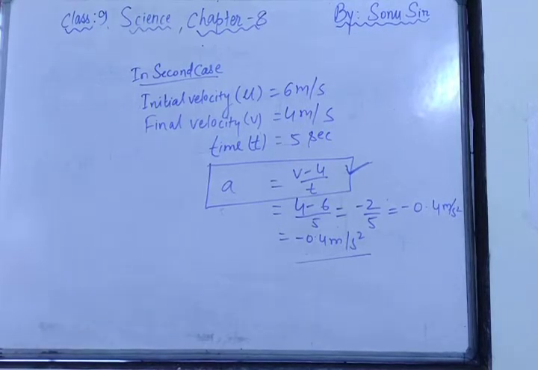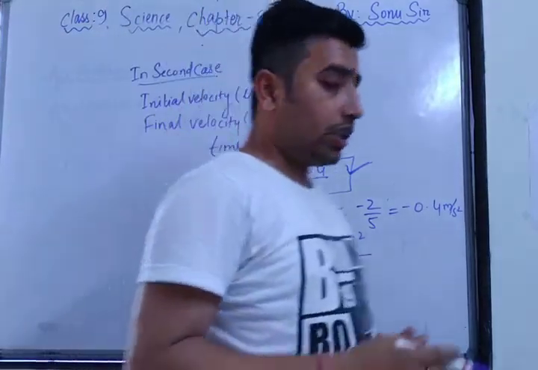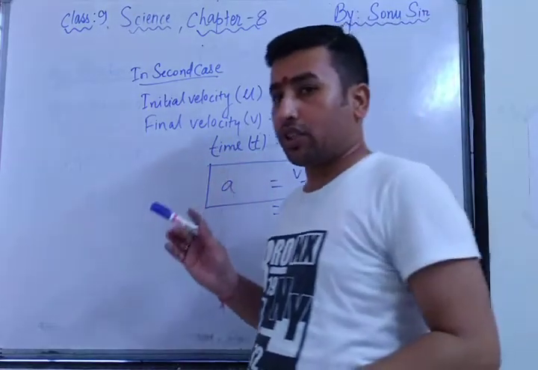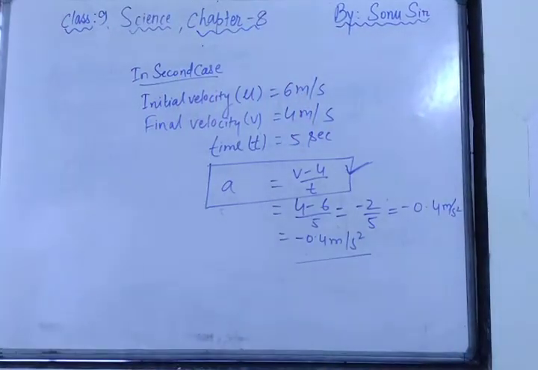Yes, very nice question. Can you tell me when you will say a body is uniformly accelerated or non-uniformly accelerated? I am telling you the answer. When the velocity of the body changes by equal amounts in equal intervals of time in the same direction, then it is said to be uniform acceleration. Means when the velocity of the body changes by equal amounts in equal intervals of time in the same direction, then it is said to be uniform acceleration.